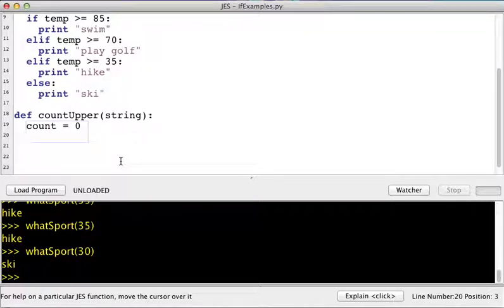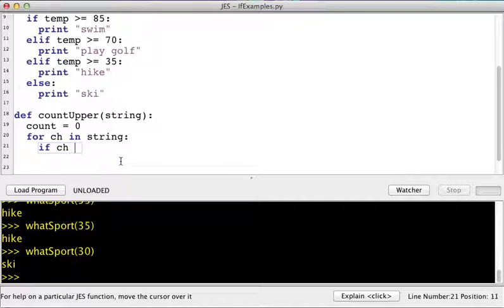And then what I'm going to do is I'm going to loop over all the letters in the string, and we've done this before when we've reversed or done mirror or something like that. So I'm just going to loop over all of the characters in the string. For ch in string, I'm going to say if ch is in,